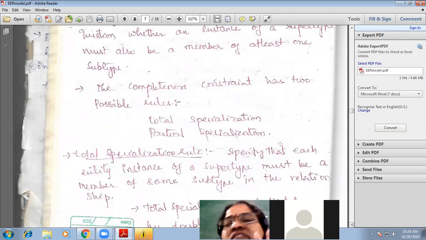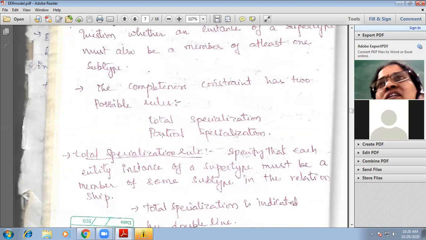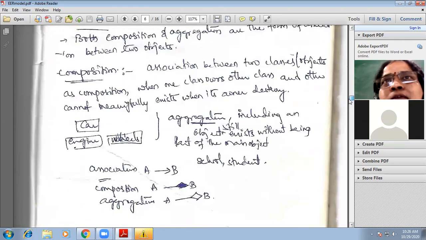So we put these constraints in two ways, either completeness constraint or disjointness constraint. Now we will see one example.